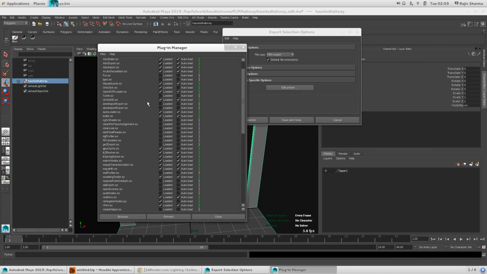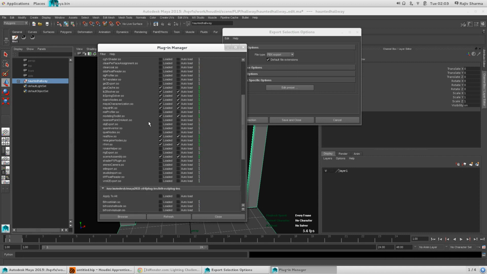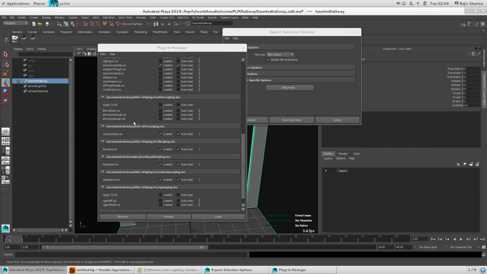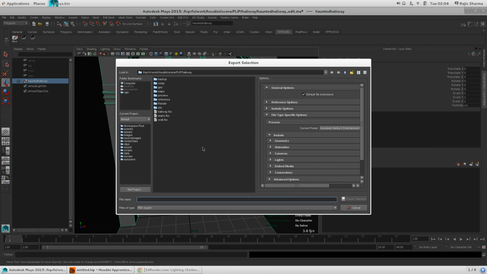FBX. Where's the FBX? Oh yeah, you can go here, and there is fbxmaya.so. Okay, so you can check it, and after that the FBX option will become available. Select that, export selection, it will ask for the